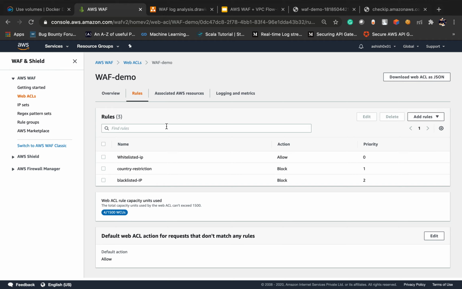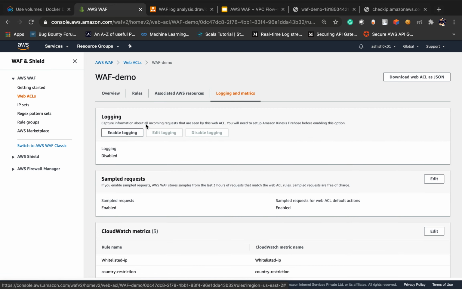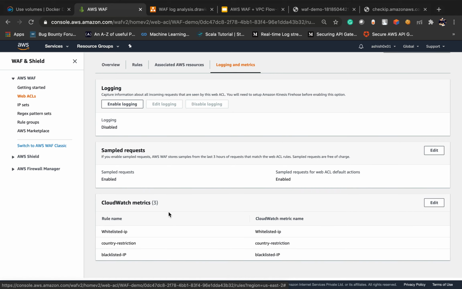The pricing is based on how many rules we are deploying and how many web requests are received by our web application. Yeah, that's it for this lecture. In the next lecture we will enable logging, and also we will create an Elasticsearch cluster for processing these logs.